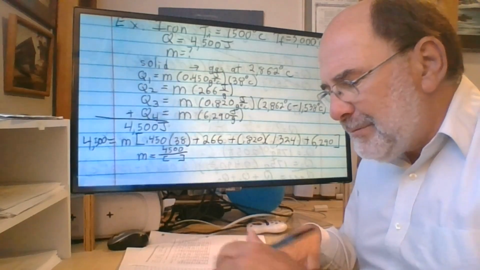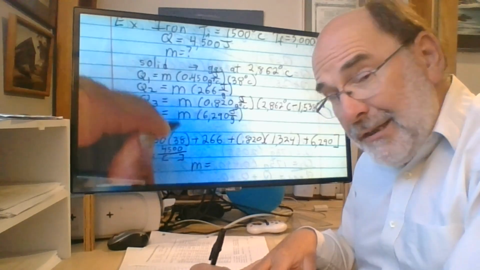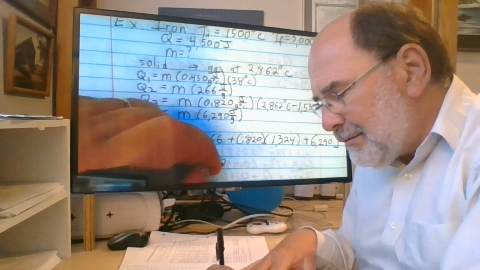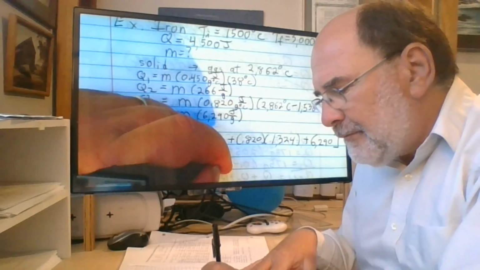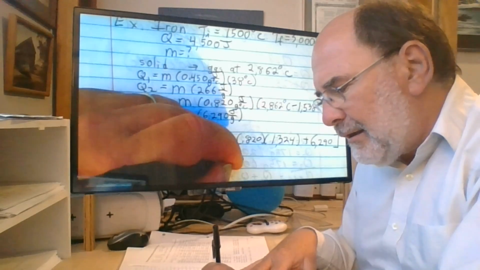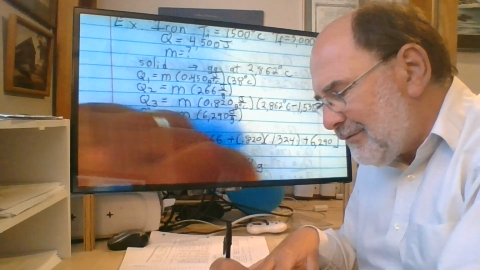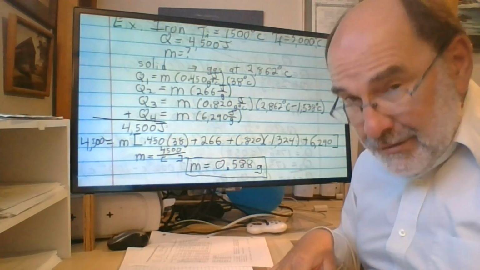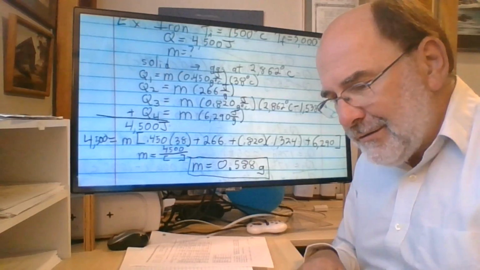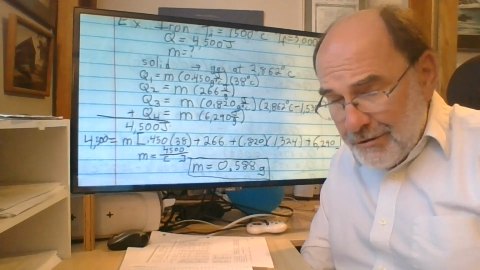And sure enough, I don't get much. This is less than 1 gram. 0.588 grams to 3 significant digits is the total amount of iron that I could heat from 1,500 degrees to